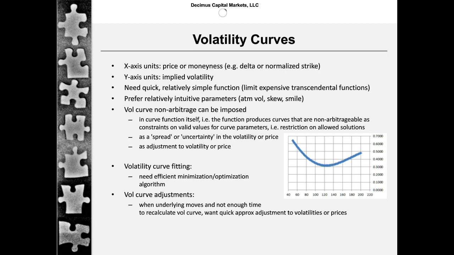I just have regular price here. But there is actually a lot of work that people do to figure out what the right normalization for moneyness is, and there are different approaches for what that axis would be. And the other aspect that people spend a lot of time on, which is very important for actually automated